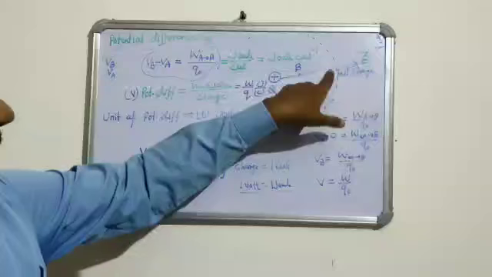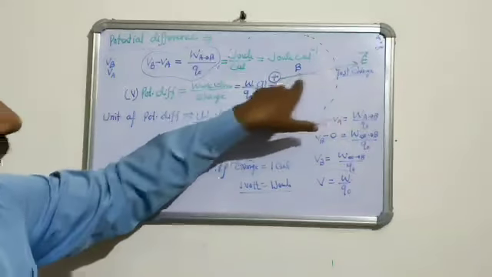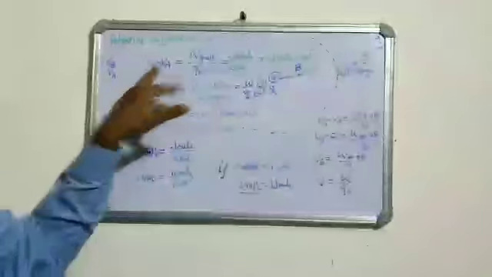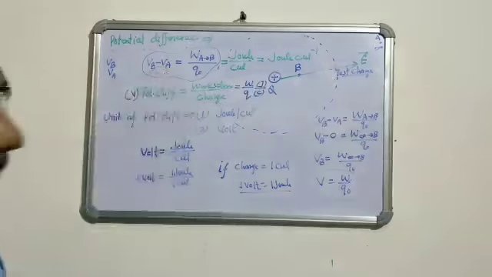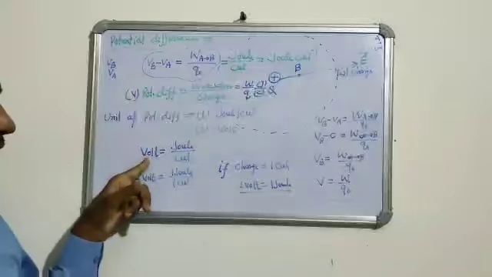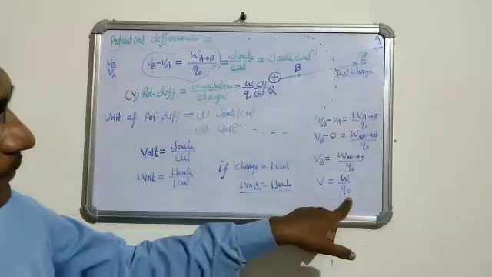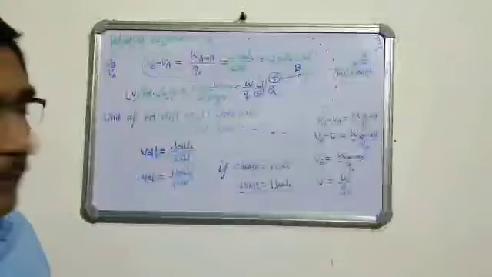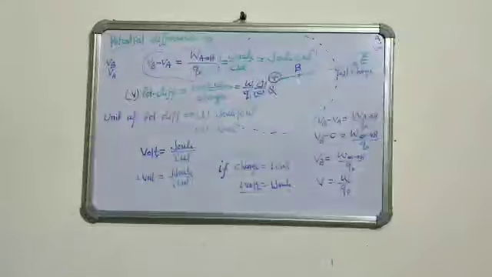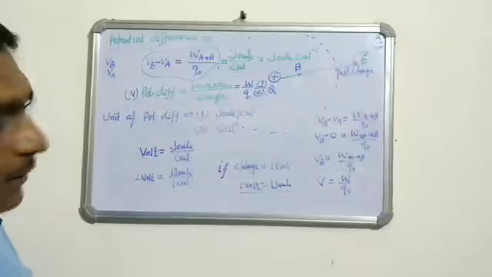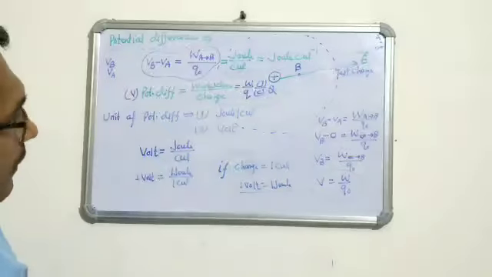But in the other case, we bring one charge from this point to this point. That's why there are two points inside the electric field, so a difference is created between the 2 points. That's why this term is called potential difference. The unit of electric potential is also the same: volt, joule per coulomb, because the unit of work done is joule and the unit of charge is coulomb. So 1 volt equals 1 joule per coulomb. I hope I am clear to you, and the units are also clear.